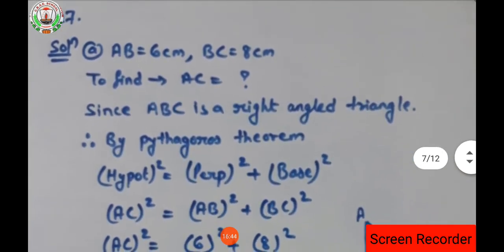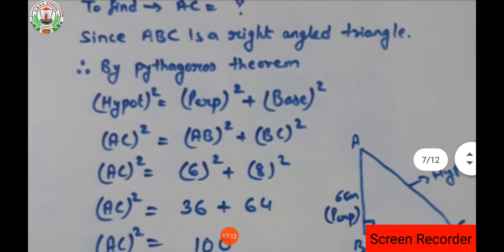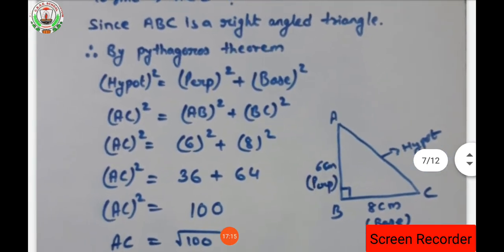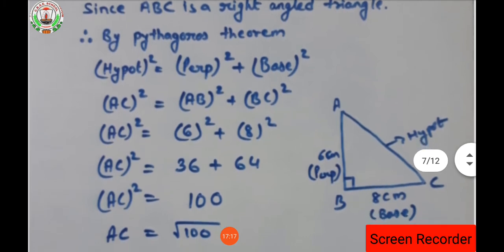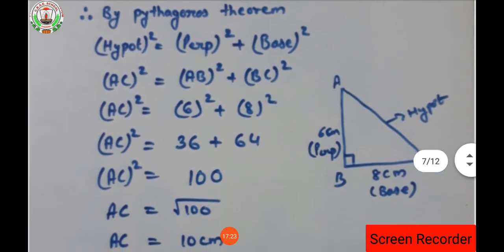What does question number 7 say? Here in question number 7, it is talking about a right angle triangle. It is said that the right angle triangle is at B. That means where B is the angle, there 90 degree will be there, isn't it? So the value of AB is given as 6 centimeter, BC is given 8 centimeter. What we have to find? We have to find AC. Since it is a right angle triangle, everybody knows, we can apply the Pythagoras theorem, isn't it? While applying the Pythagoras theorem, what will be the values?